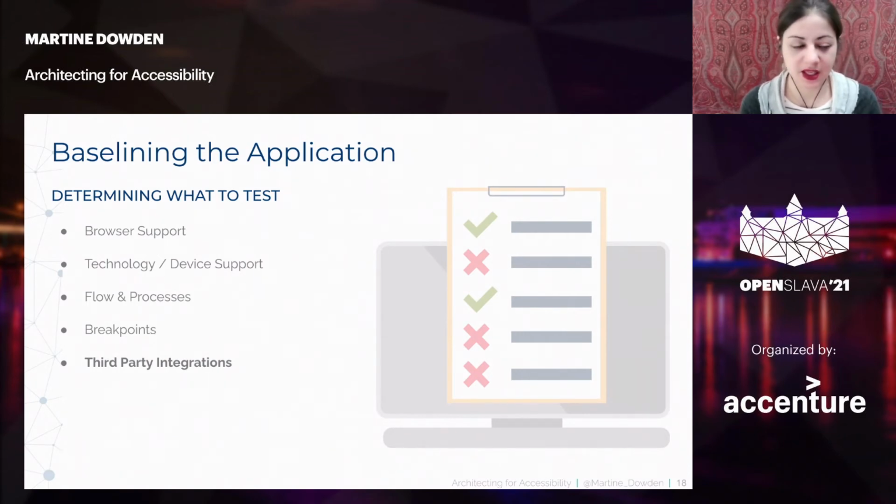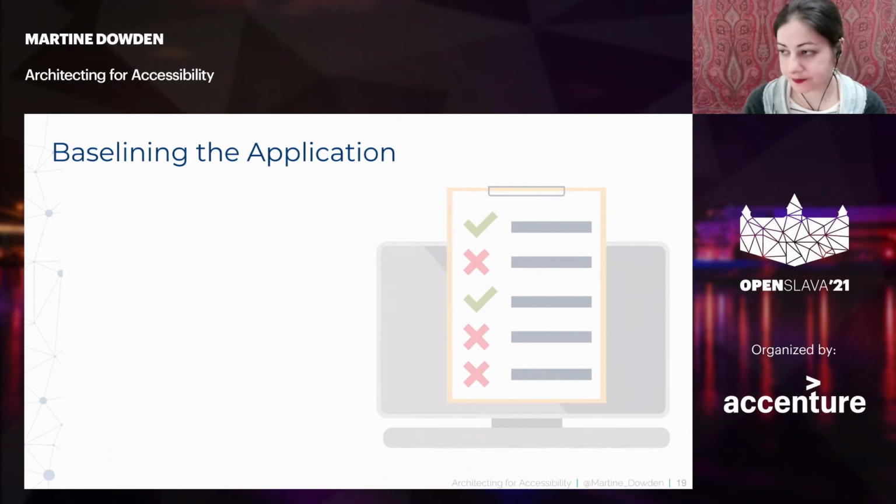And so that's where that accessibility statement comes back in. If you have a third-party integration that you have to use for whatever reason and it can't be made accessible, you would mention that in the accessibility statement to say, hey, all of our stuff is accessible except for this one little piece because it's a third-party integration and we're sorry, we can't do anything about it. So that's a place where you would want to address that, if that third-party integration can't be changed to something that is accessible or be made to be accessible.